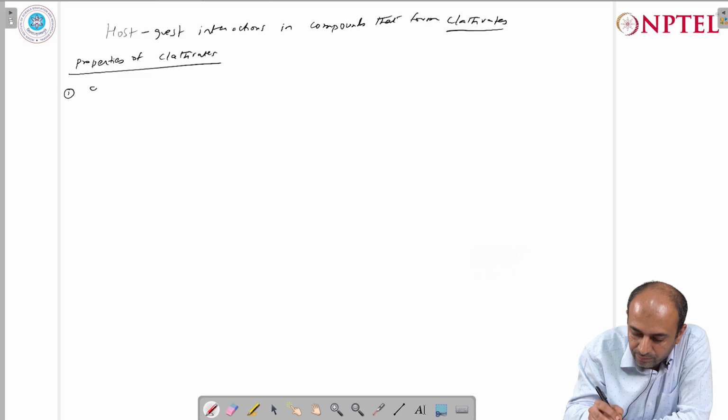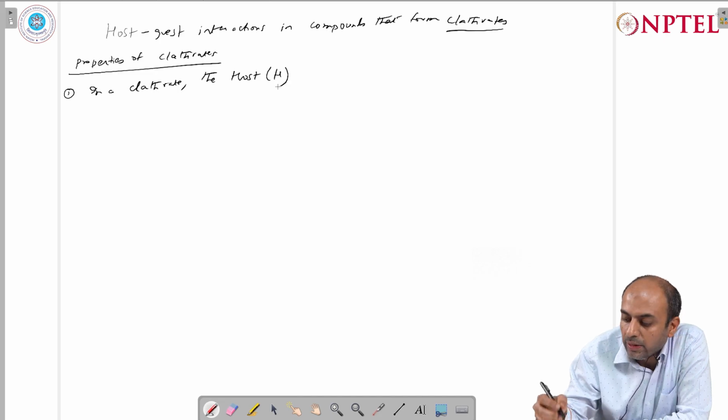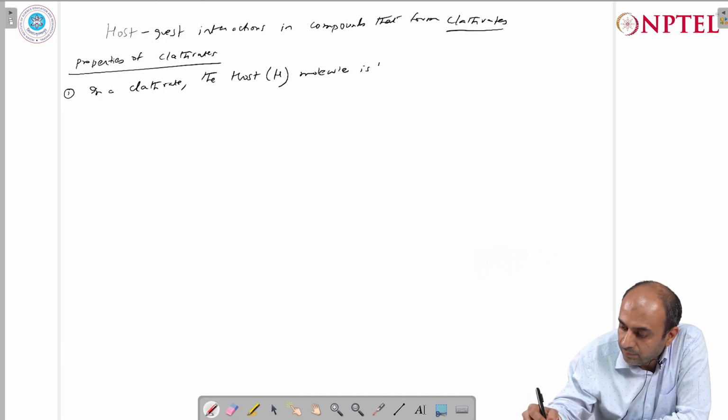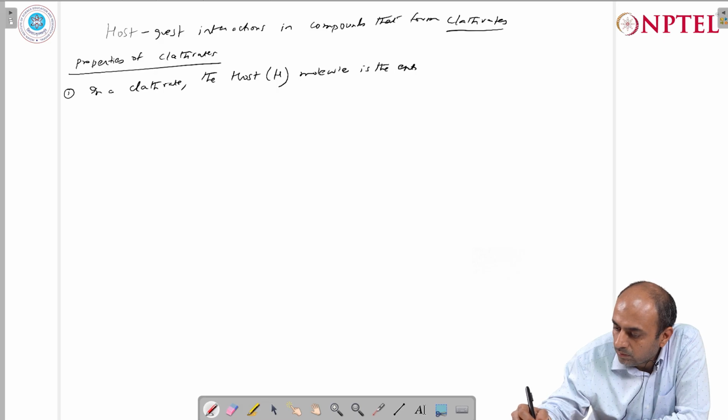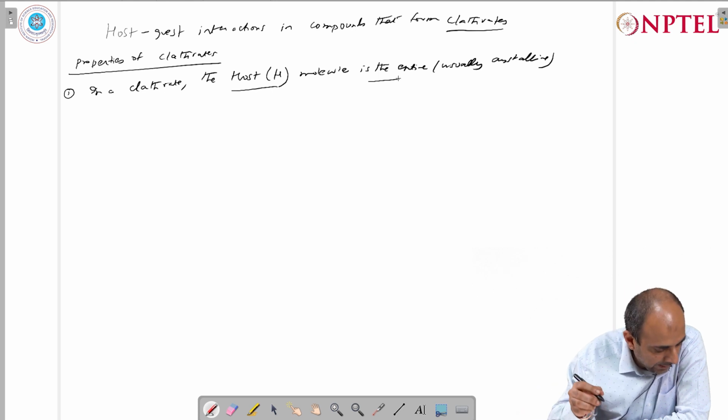In a clathrate, the host molecule H, usually crystalline, is the entire solid,